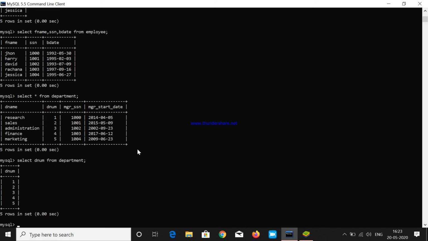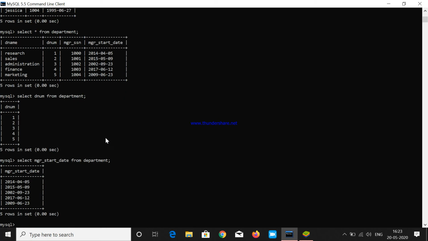After pressing enter I got only the D numbers. And if you want something else, like manager_start_date, it will give the manager start date from the department table.